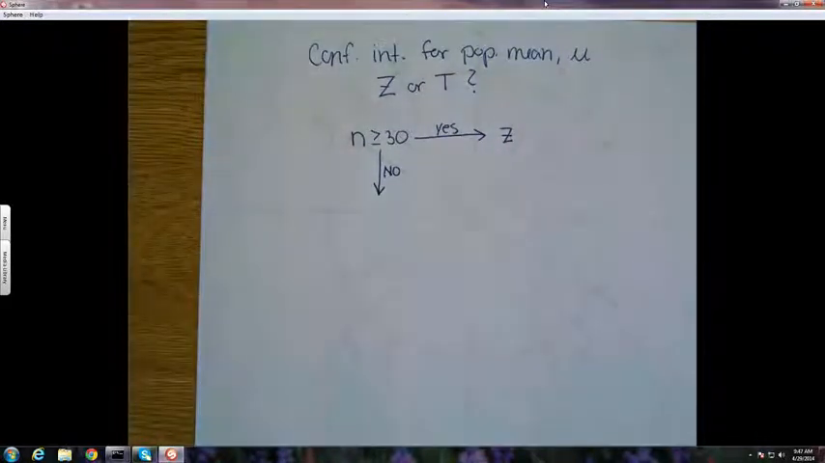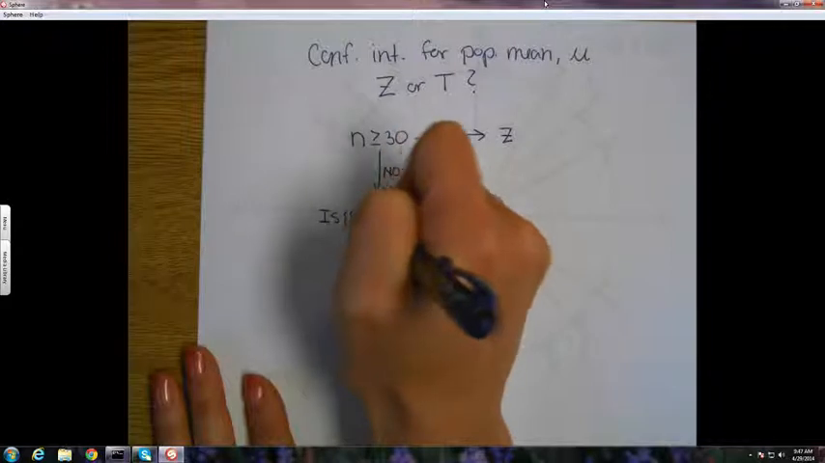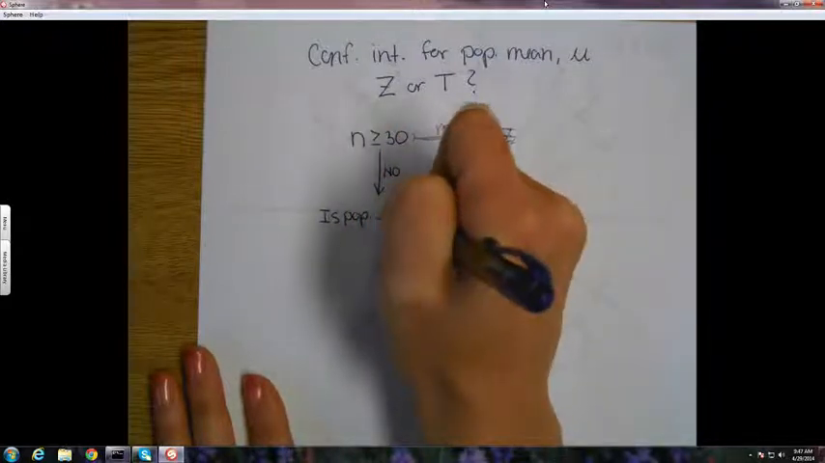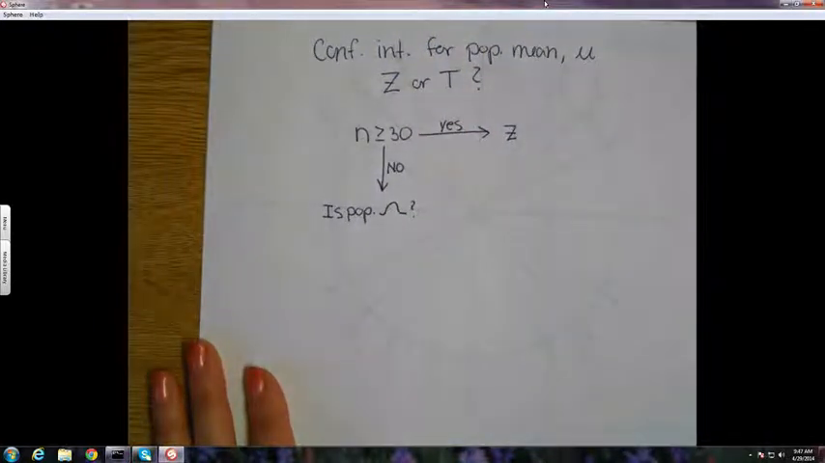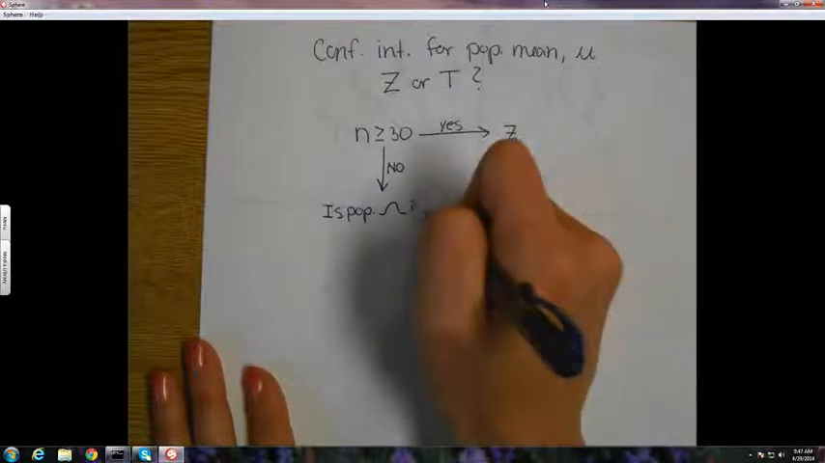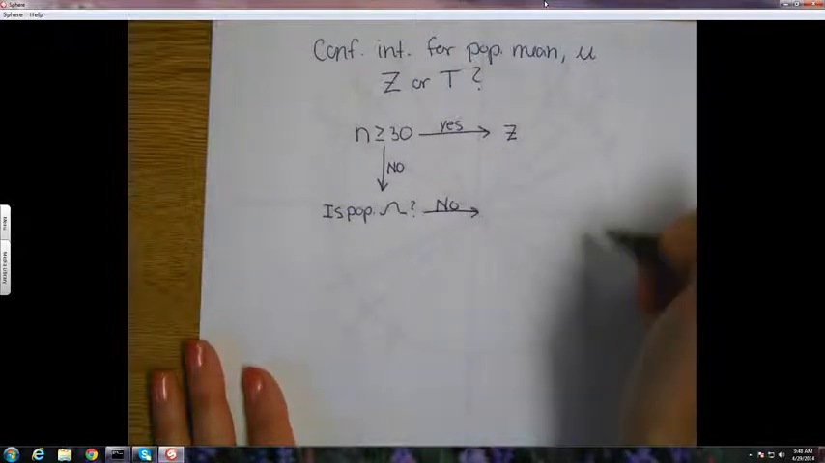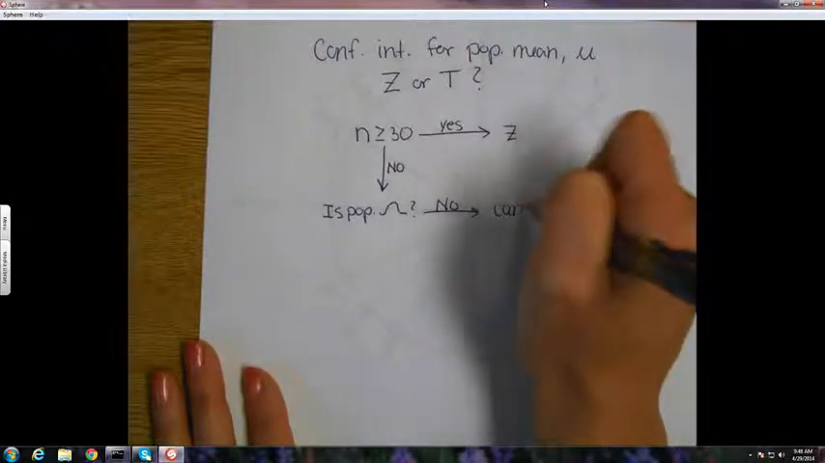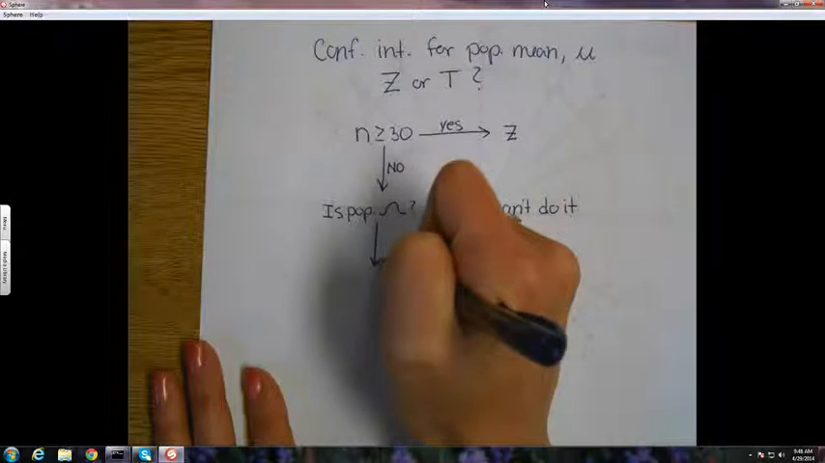that means we have a small sample. What do we look for next? Is the population normally distributed? Do you know what I mean by making that graph? Okay. If the answer here is no, what do we do? Can't do it. Nothing. If the answer is yes,